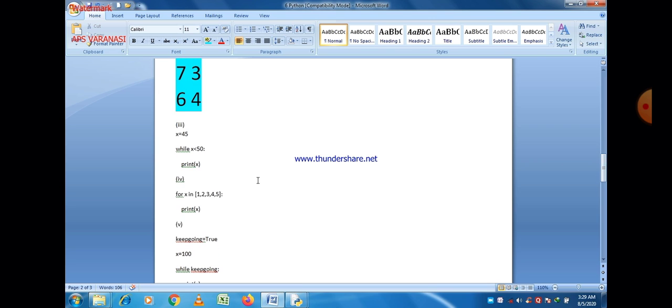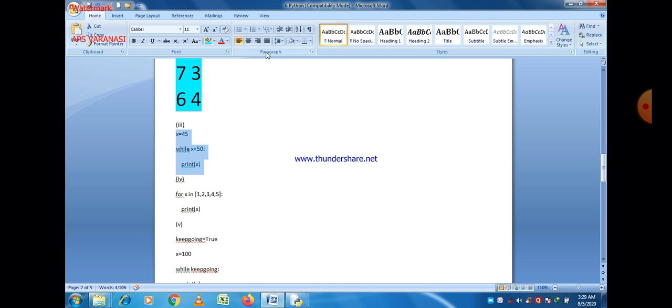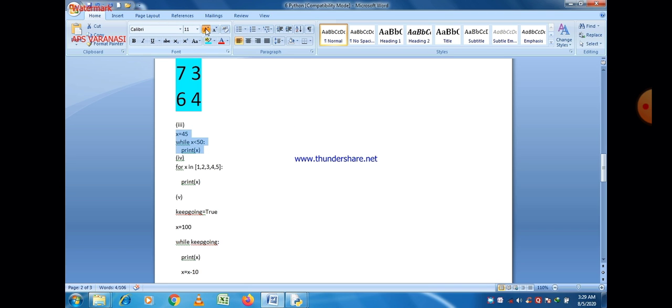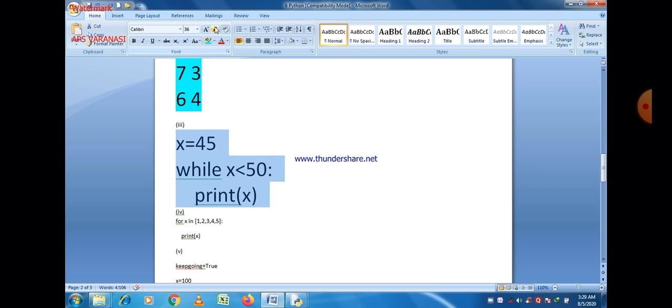Next there is another program. You can see that only 3 statements are there. The first one is initialization, then there is a condition given with the while loop, and then a print statement. And interestingly, there is no increment or decrement statement here. Does this program give any error because there is no increment or decrement, or will some extraordinary circumstances be created here? Let us see what happens.